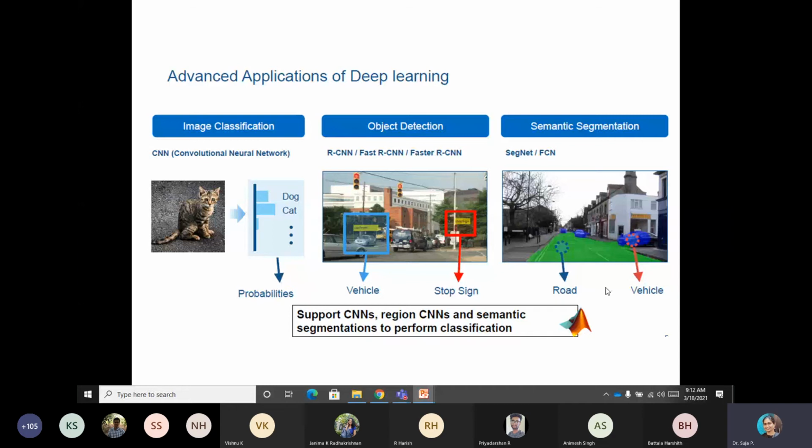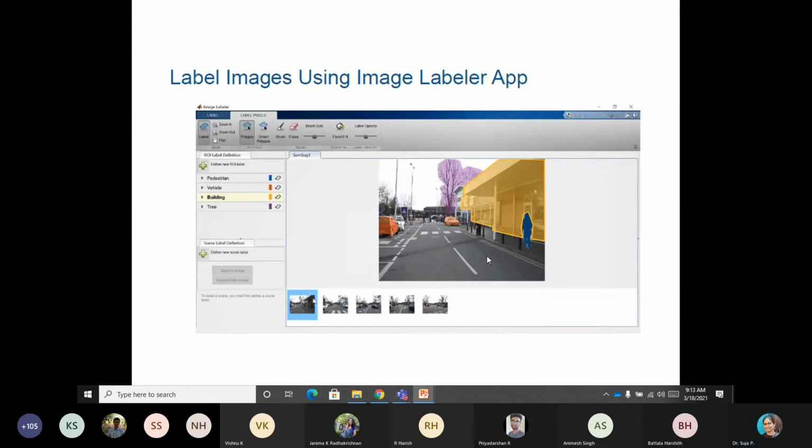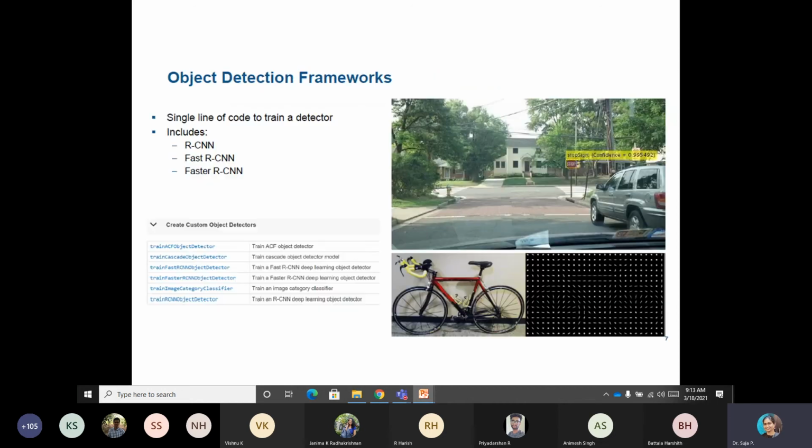Okay, so these are high level. We'll be needing YOLO, which comes later. Now, semantic segmentation. Semantics means the actual meanings. I think you know what syntax and semantics are. So the segmentation part is pixel classification. You have a labeler app which labels this is man, this is vehicle, this is car. You are labeling it, and then you can track continuously the person or vehicle that is moving.